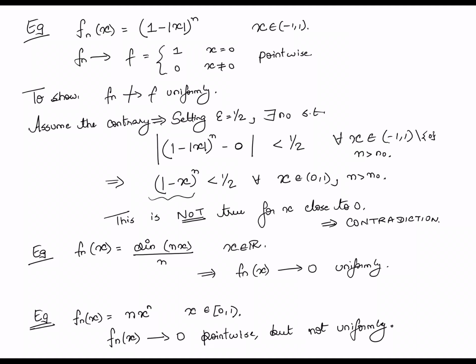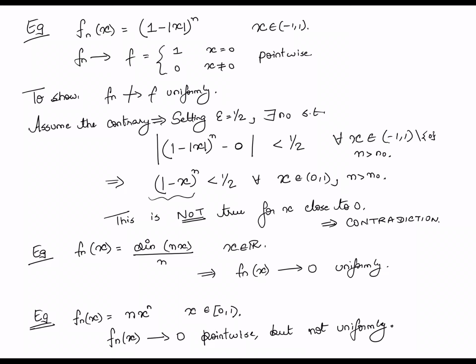Right, so again I leave this as an exercise for you to show using very similar ideas to what we did in the first example above. One can show that in fact this convergence happens pointwise but not uniformly. Alright, so having done the definition of pointwise convergence, the definition of uniform convergence, and seeing some examples of both of these,